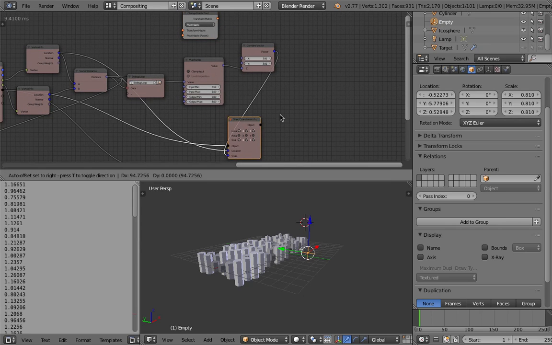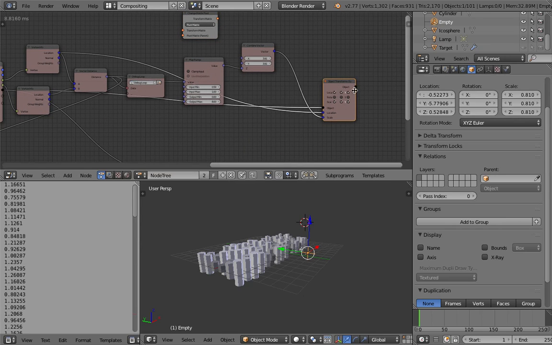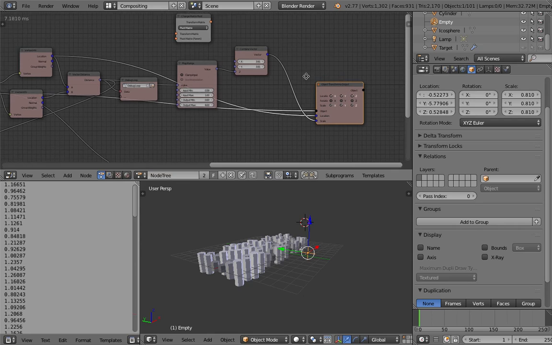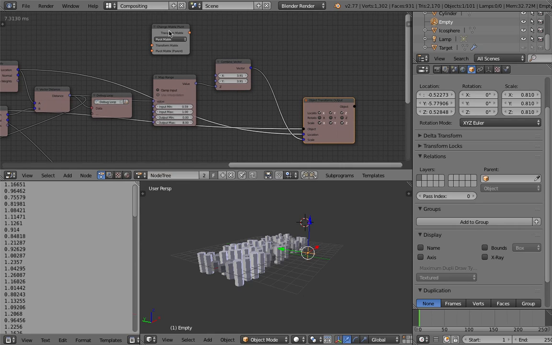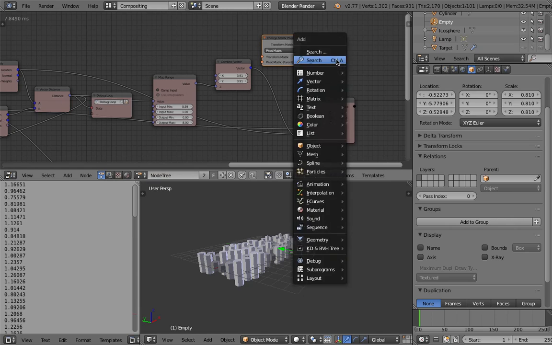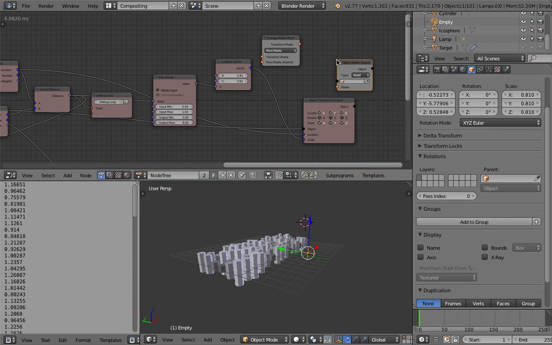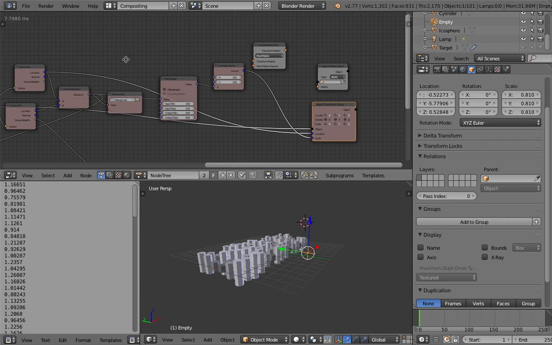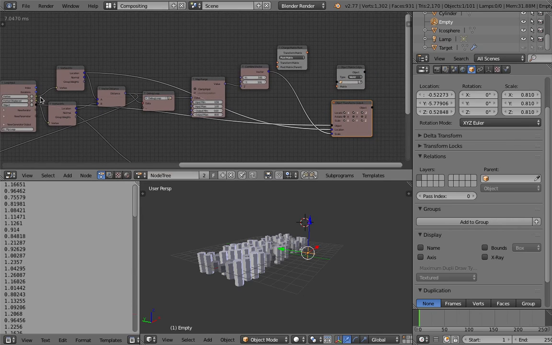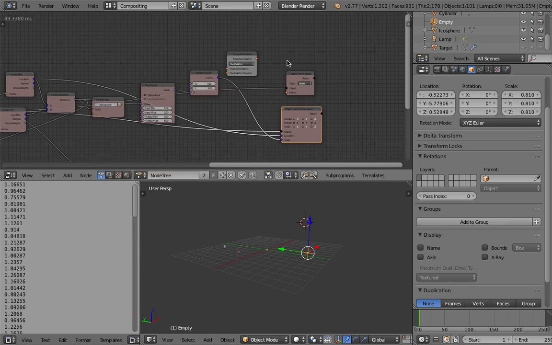Normally I use this object transform output all the time because it's simpler, but you might want to use matrix output. It's kind of the same thing. No, actually, matrix one will be more sophisticated, I believe.